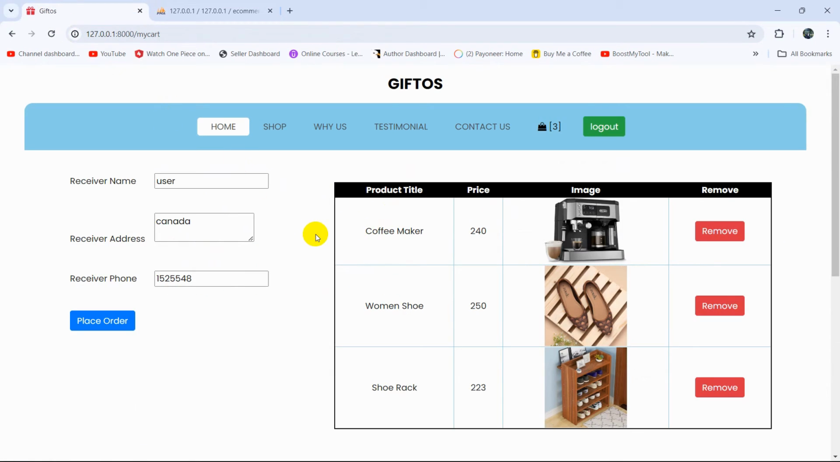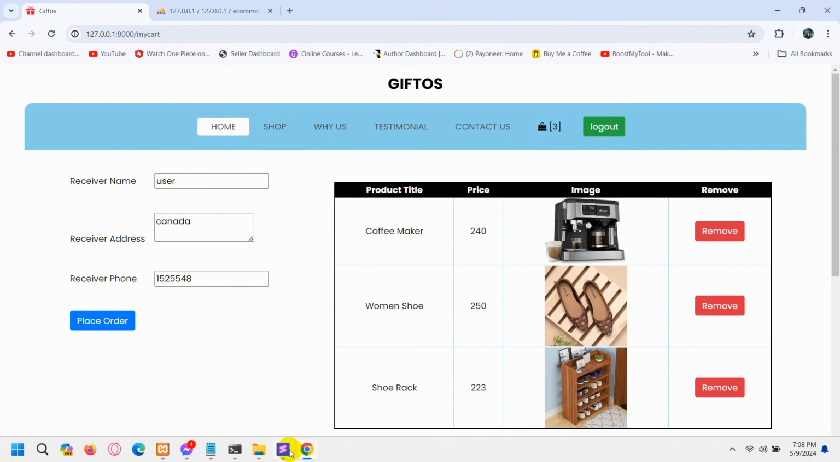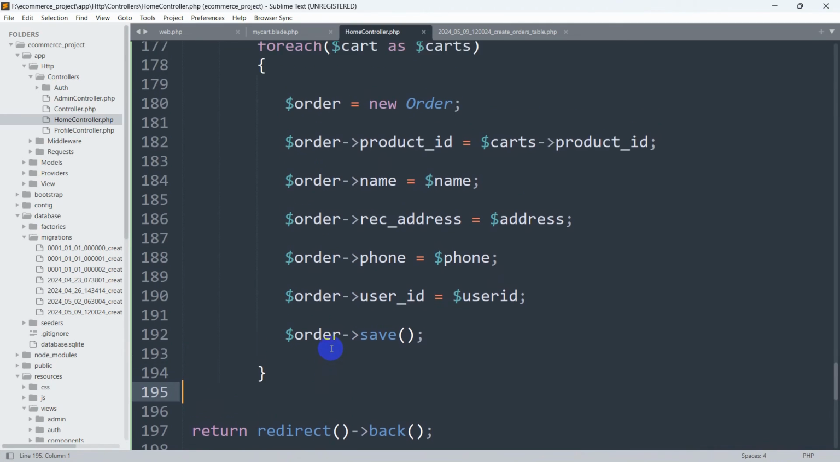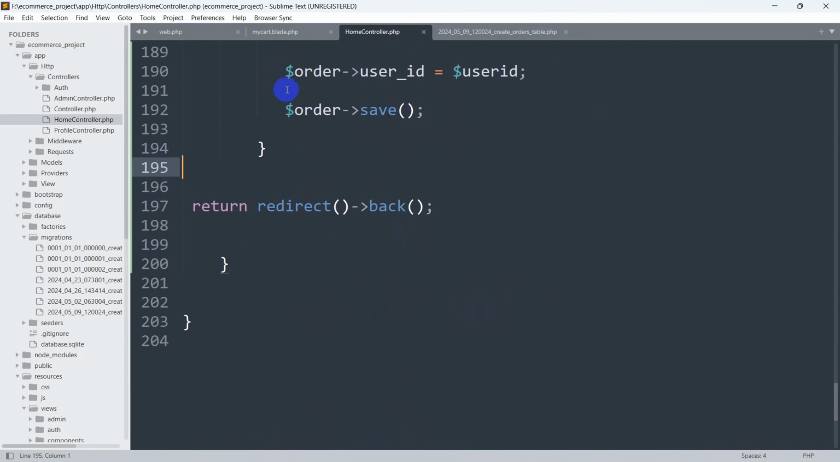So right now there is one more issue, and that is here you can see after uploading the data to the order table, we are still showing the product data in the cart table as well. So we should remove the data or delete the data from the cart table when we upload the data to the order table. So let's go back to the code, and after this foreach loop, what we are going to do is